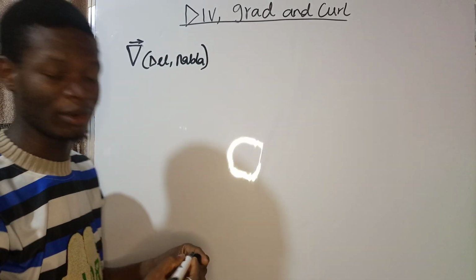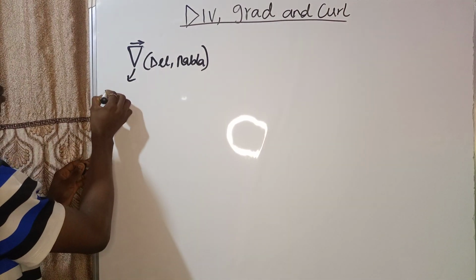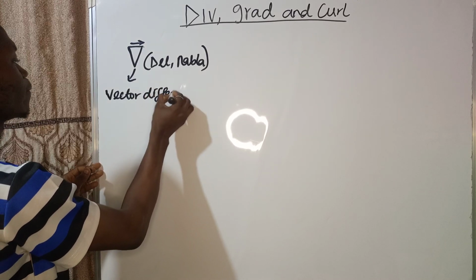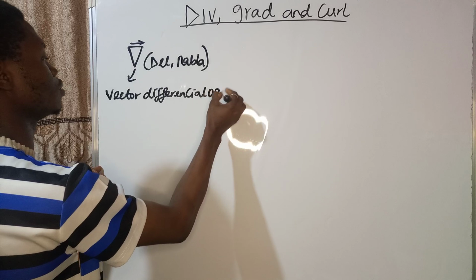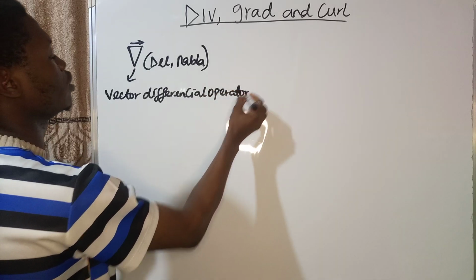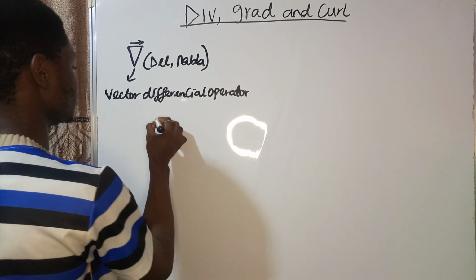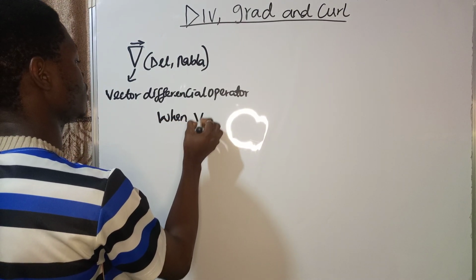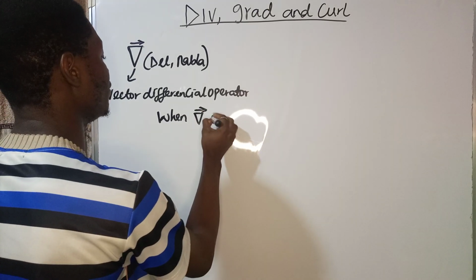You can call it the del operator or nabla. This thing is a vector differential operator. It is a vector differential operator. Now, when nabla